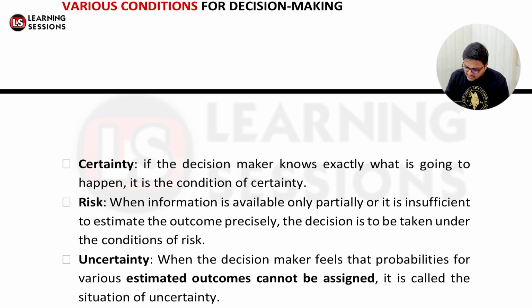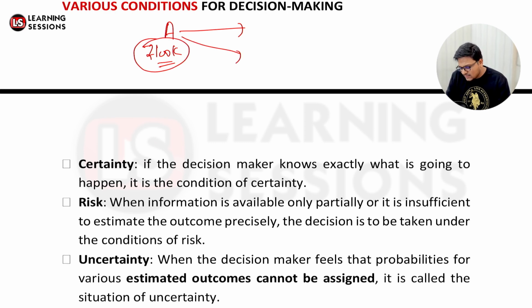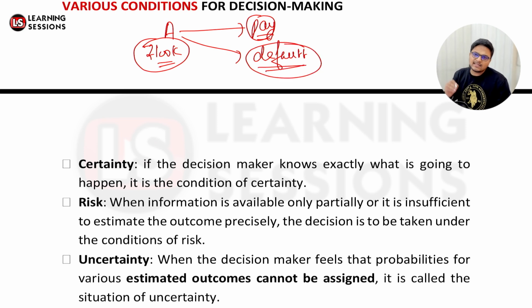Let's say you're going to lend person A an amount of rupees 100,000. In that particular scenario, the person may either pay you the amount in time, or it may also be the case that there is a default in the payment. Now in the second case, if there is default, there is definitely uncertainty. There is a risk involved in that particular condition, right? So that's related to risk.